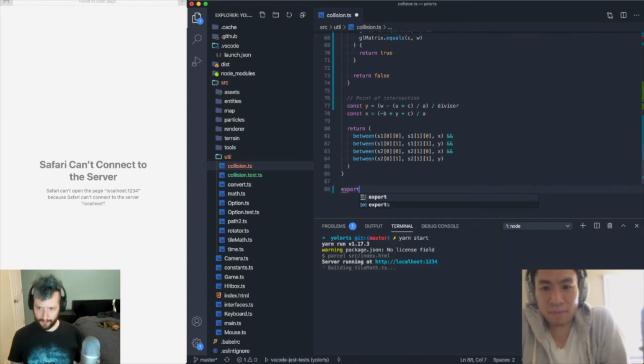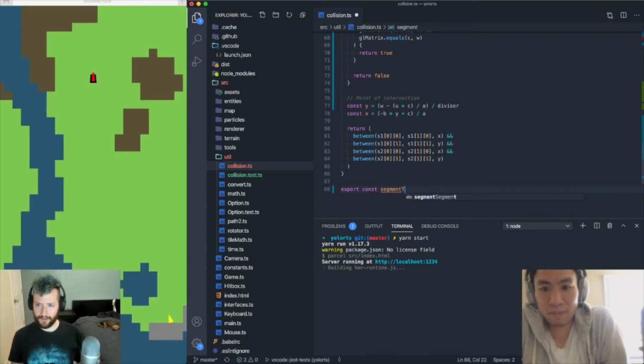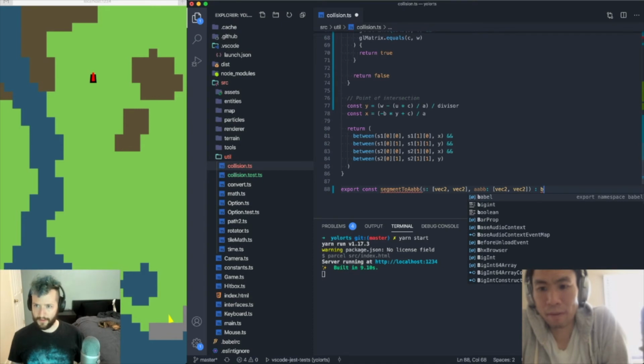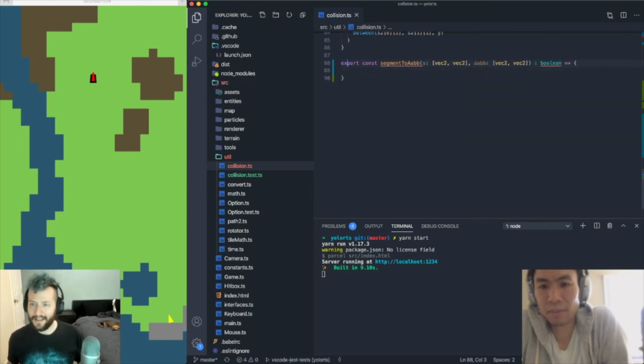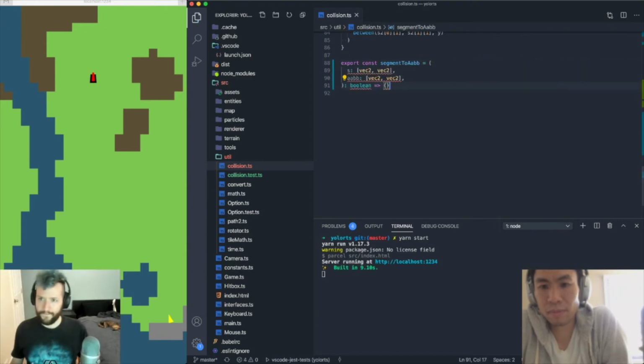Export const. Let me just get that back in there. Segment to AABB. And then, so we have S, which is a vec2, and we have AABB, which is a vec2. Yeah. And this returns, God, I gotta remember which function syntax we're using. Equals. Okay, so,